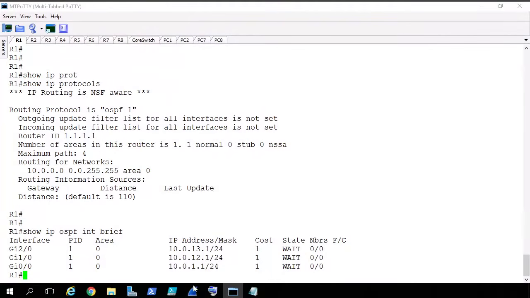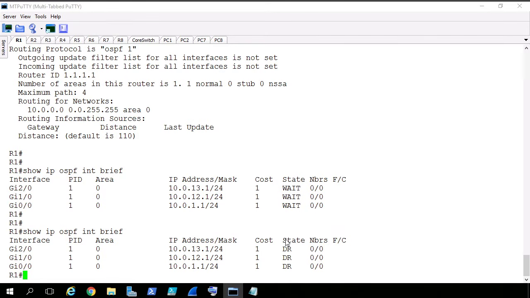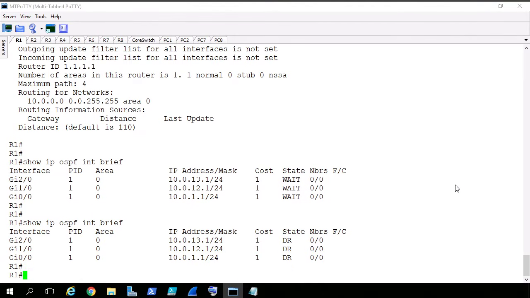So let's do that. How do we ask for that? Let's first of all do an up arrow key. Router 1 is now the designated router for each of its broadcast network segments. And that's because it's pretty easy to win when you have no competition. There's no other routers running OSPF yet. All right, so router 1 is the designated router. And if we do a show IP OSPF database,